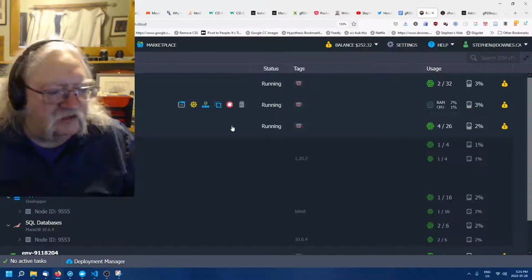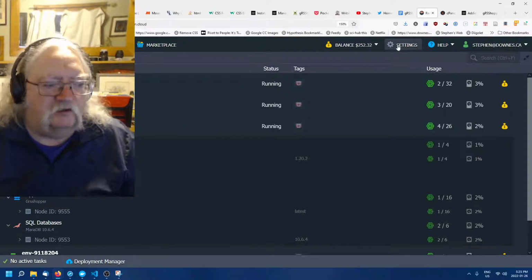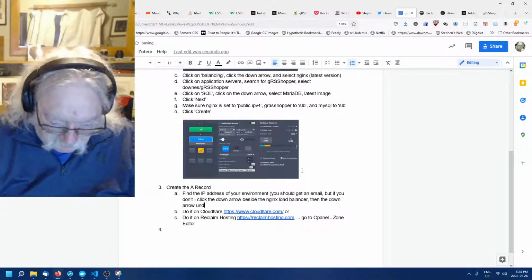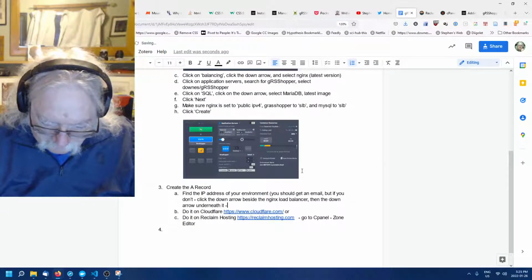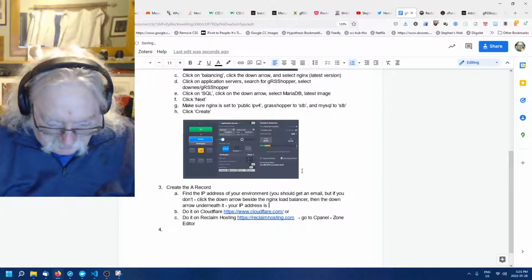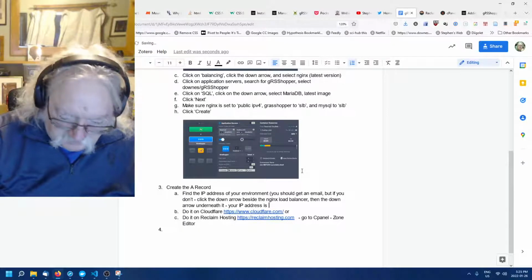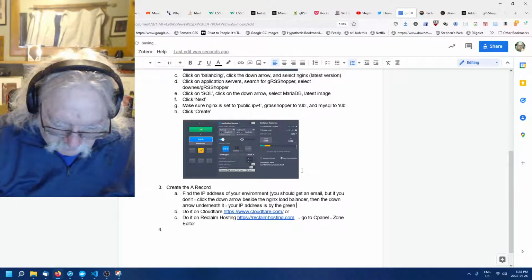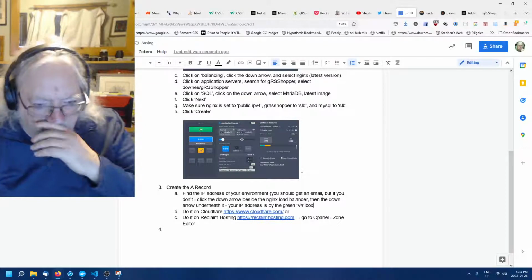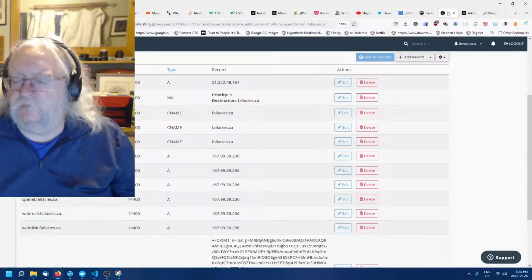And then the next down arrow. Oh no, there's just one more down arrow underneath it. Is by the green V4 box. Okay, there's my instruction, and I'll take a little picture